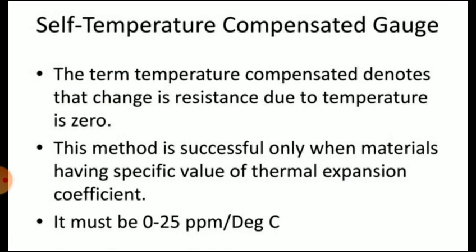Another method is self temperature compensation. The above theory is based on the assumption that the measuring gauge and the compensating gauges are at the same temperature. However, it is not possible to keep the two gauges or two sets of gauges at the same temperature, and therefore it is not possible to apply the temperature compensating techniques given above. So it is desirable to use self temperature compensation.